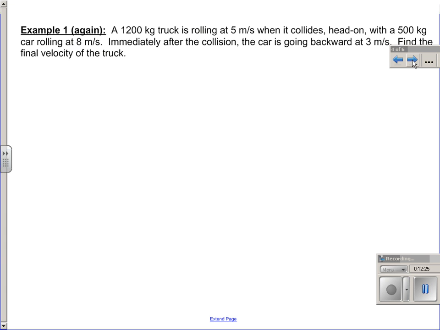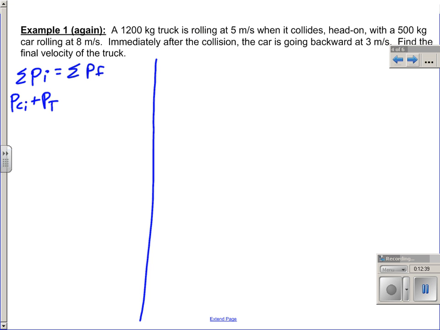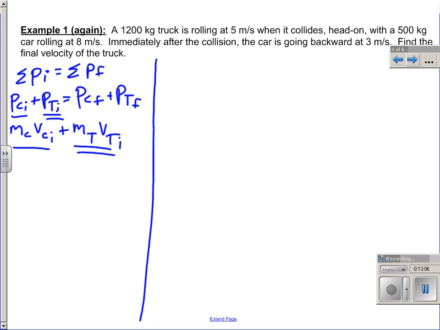Okay, so we're going to solve it again. I'm going to, off to the side over here, do a little bit of algebra. All right, so check it out. The whole idea is that our total momentum before the collision has got to equal our total momentum after the collision, right? That means that the momentum of the car initially plus the momentum of the truck initially has got to equal the momentum of the car final plus the momentum of the truck final. Remember, momentum is mass times velocity. So this becomes the mass of the car times the velocity of the car initially plus the mass of the truck times the velocity of the truck initially, right? That's this and this